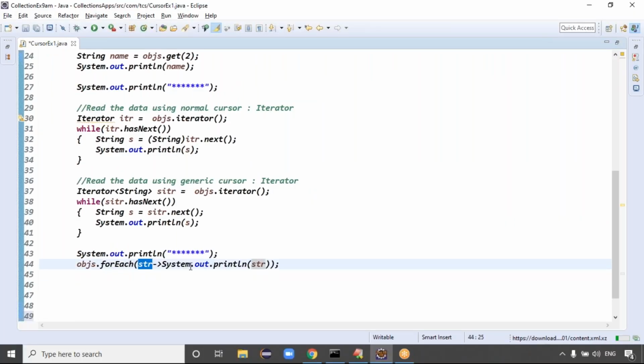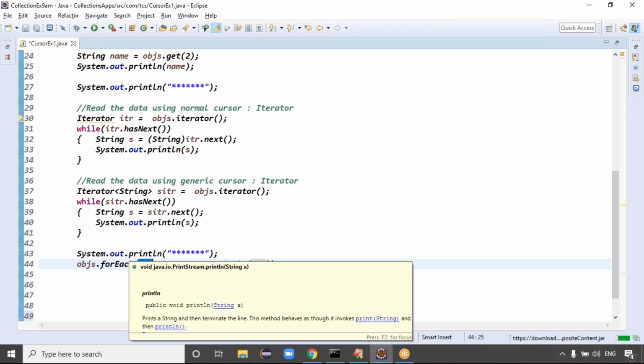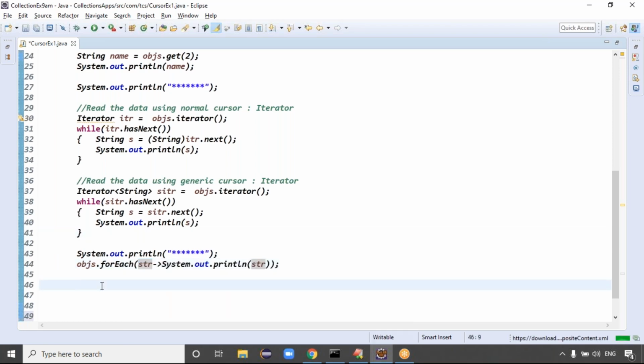The loop is repeated; internally they implemented a looping mechanism only, guys. Instead of us iterating, they do the operation. They give the methods directly to you. It's all about customization, an automatic process. Previously we were doing the work, now we are not. They already did the work internally, and they give you one method directly. You directly use that method. Whatever work you had to do previously is already done by the author himself. He has given the methods directly to you.